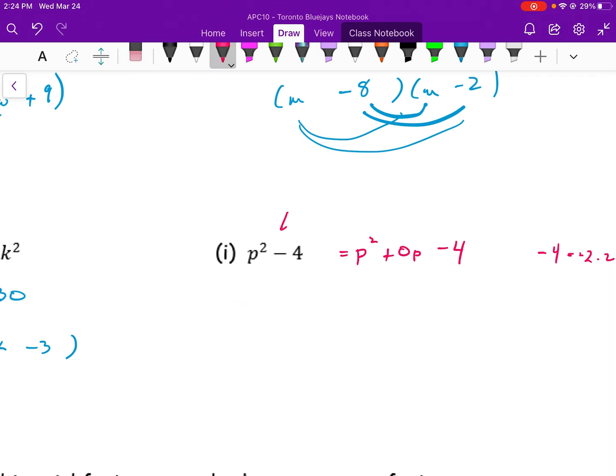So, I open this up. Here we are, negative 2 and positive 2. And that's it. If you guys